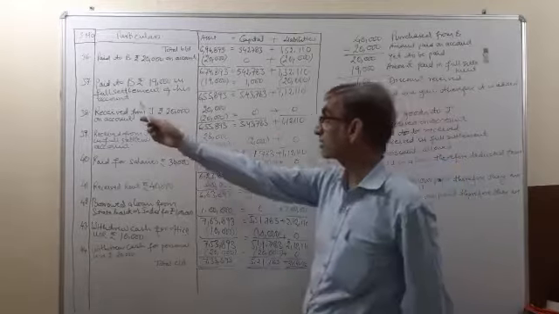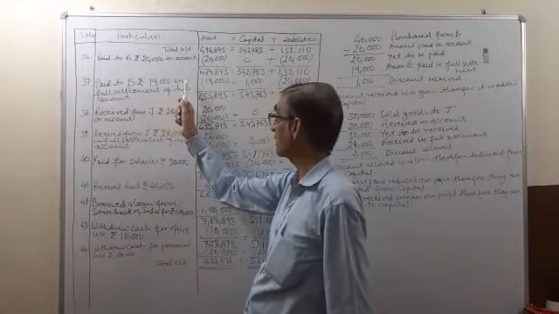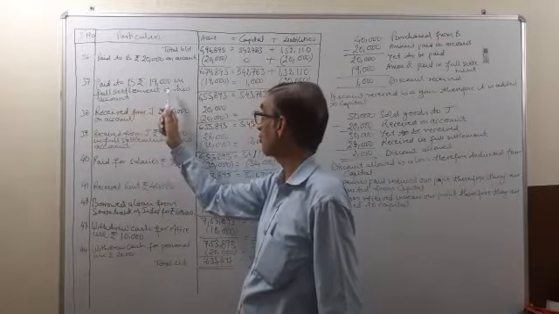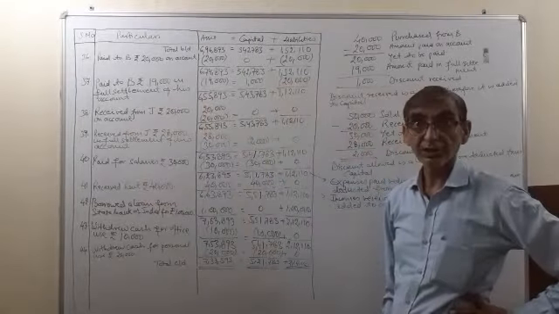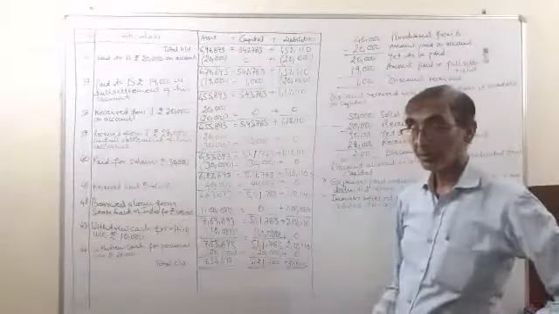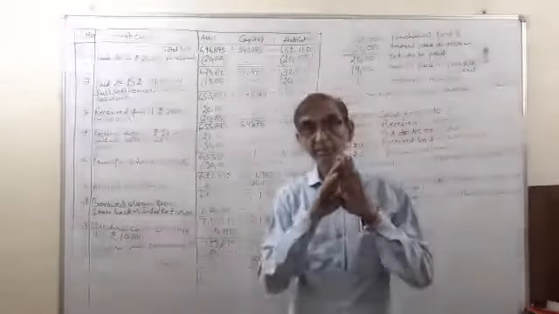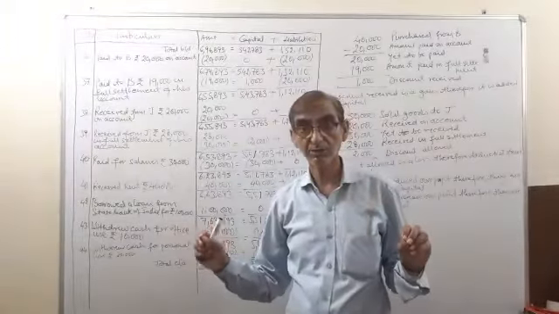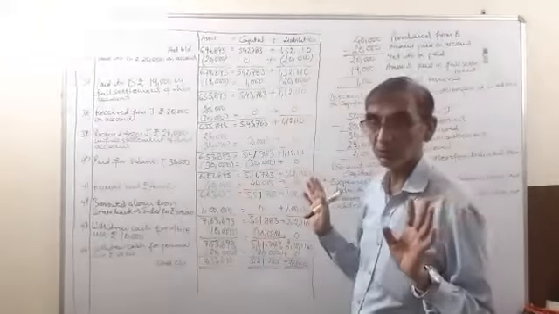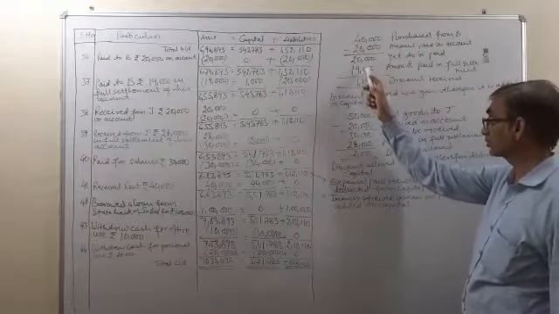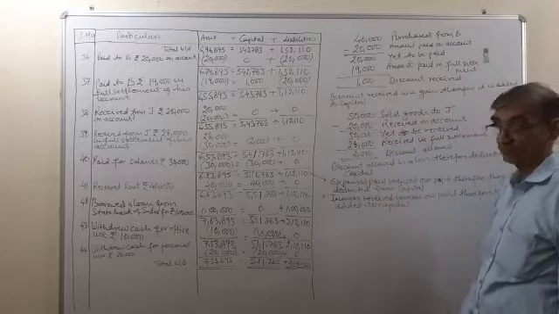Now see transaction 37. Pay to B rupees 19,000 in full settlement of his account. This term, full settlement of his account, means that after paying rupees 19,000, his account has been finalized. Account comes to an end. It is closed. No more money is to be paid to him. So 19,000 is the amount paid in full settlement. Now 1,000